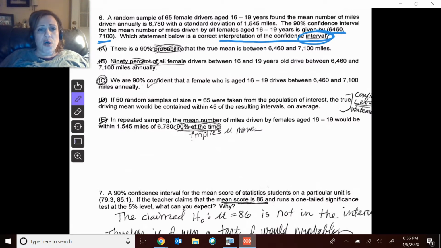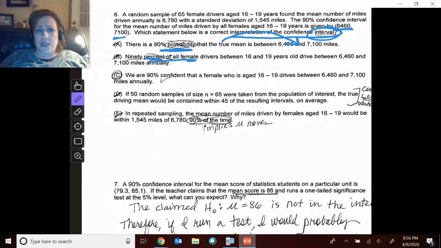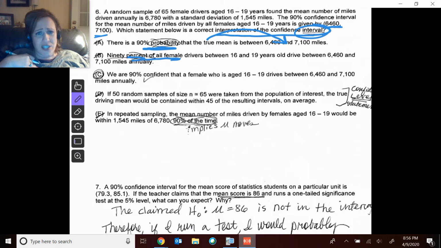Okay, so here we have again that 90% probability that the true one will be in the interval. That's saying the mean, the true mean, moves around. So that's wrong. I think I did a typo here. It's probably supposed to say 90%. Okay, yeah, so 90% of all of them are in my interval. 90% of all of that's again kind of like saying the true mean, or 90% of all of everybody's results are going to be in my interval.